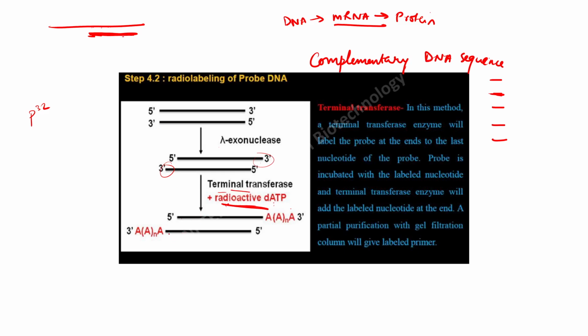So basically we'll use this sequence to identify the mRNA sequence on the nitrocellulose membrane. So this is the membrane that we'll have. On the membrane all these bands will be blotted, and now I want to see where my probe is binding. So let's say my probe goes and binds here. Then by doing autoradiography,